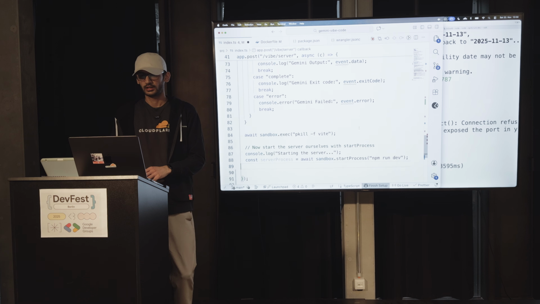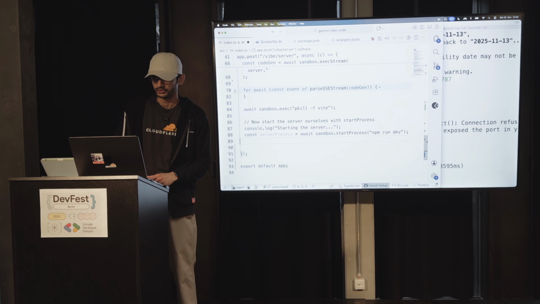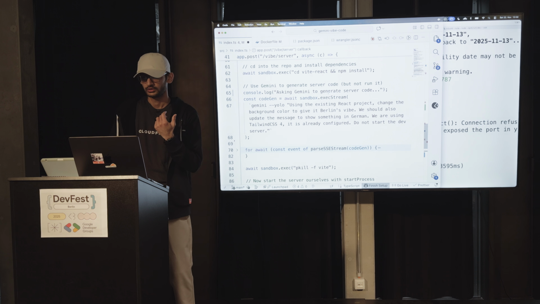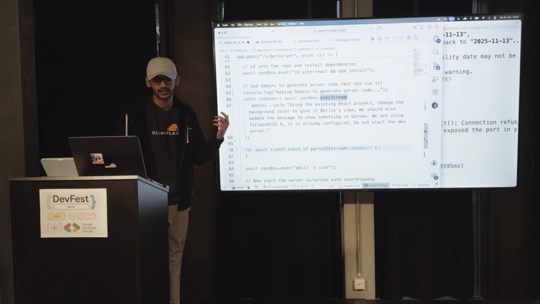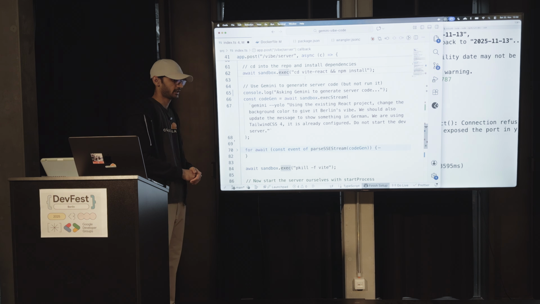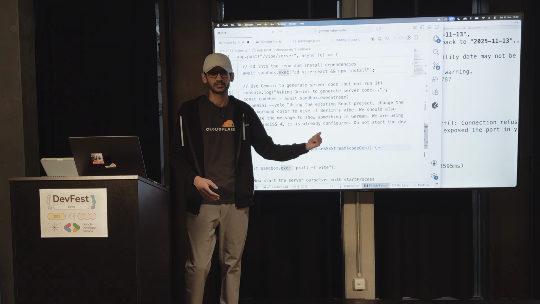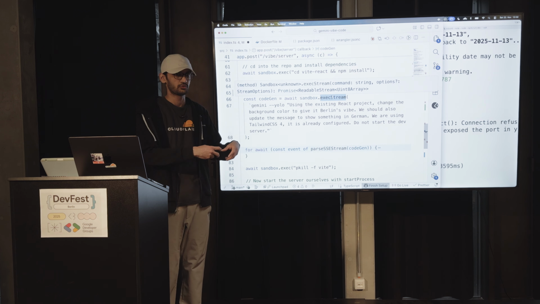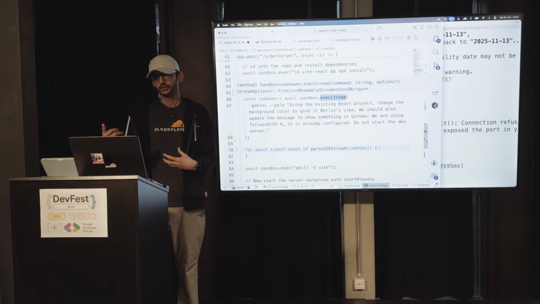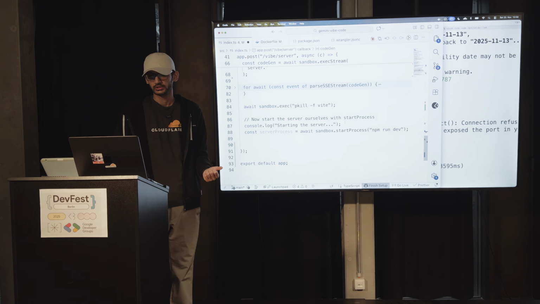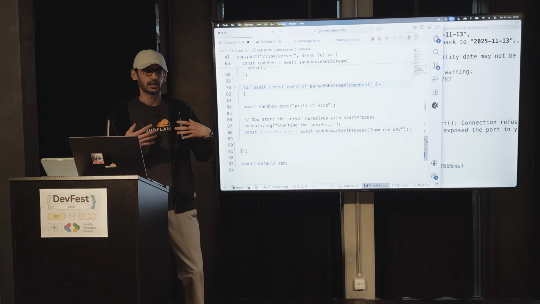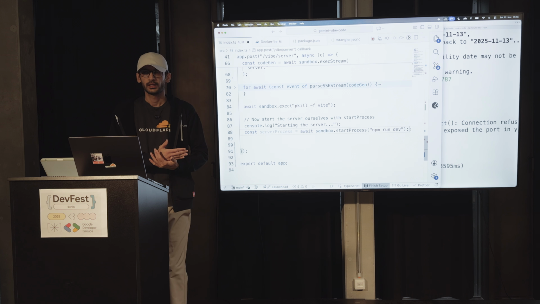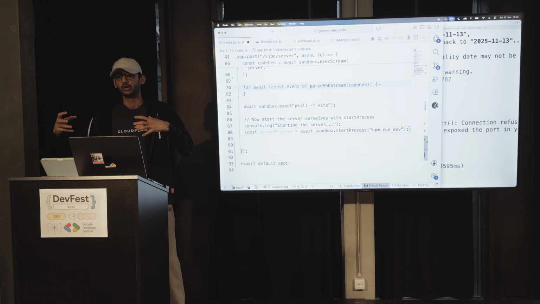Now over here, there is a bit of a difference in the methods that I have used. If I go on the top, over here I am using a method called execute. Basically, if you just want to run a command once, you can use the execute method and it is going to do that. But if you want to run a command and also stream the logs of what is being written by that command, you can use execute stream. And then there is a start process method, which allows you to run a long running process. Execute would execute that process and stop it, but the start process method would help you run a long running process.